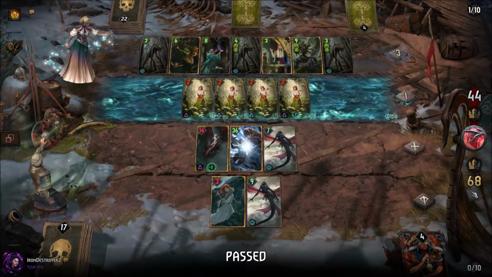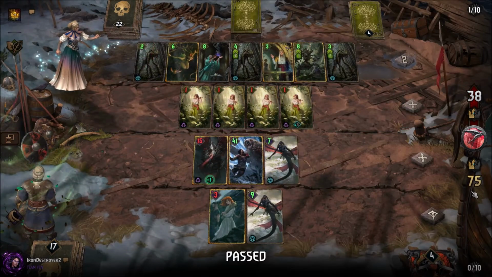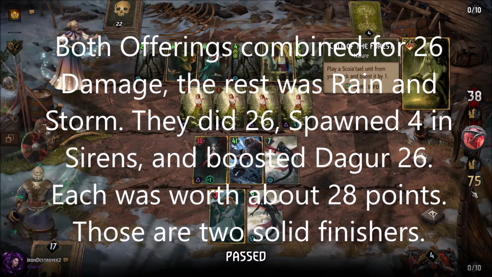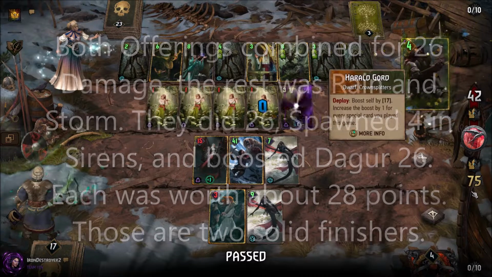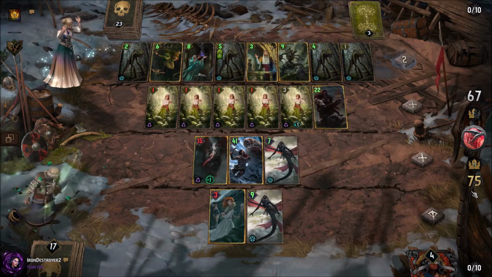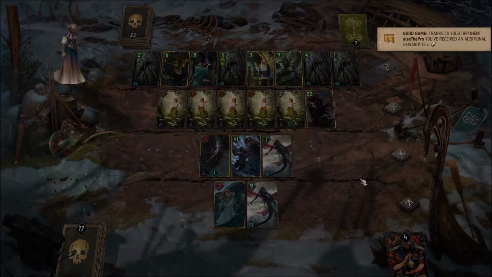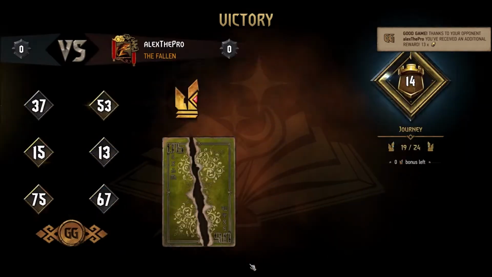This is the power of the double Offering to the C finisher while you have Dagger. Look how many points we got from it. He went from 74, I think, to 38, something like that. Here's Herald Gord, and it's going to be massive, right? He's going to get +1 on it. He gets a Whisperer to spawn, but it's not enough. This is the power of the double Offering finisher. If you don't have something, like if you don't have the Storm set up, we had a couple Storms set up in that case, but